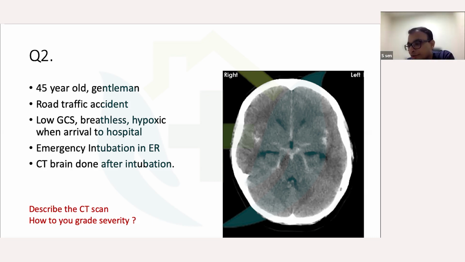Please complete your answer, otherwise you will be deducted marks. In the EDIC 2, they will not give you clues or hints. Subarachnoid hemorrhage with brain edema, compressed ventricles, effaced sulci and gyri, everything you have to mention. When I'm telling you to describe the CT scan, blood in the sylvian fissure, everything you have to see. Everything will come with the debriefing. How will you grade the severity in a patient with SAH? I pass.